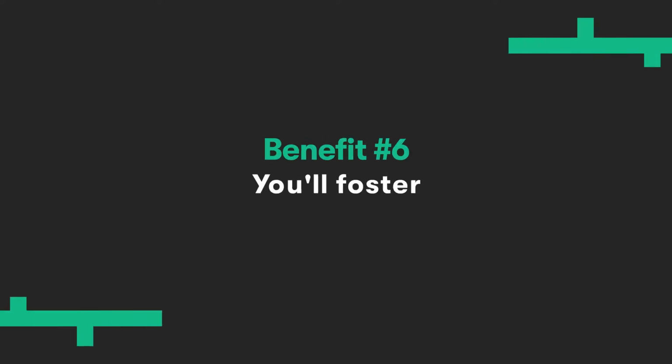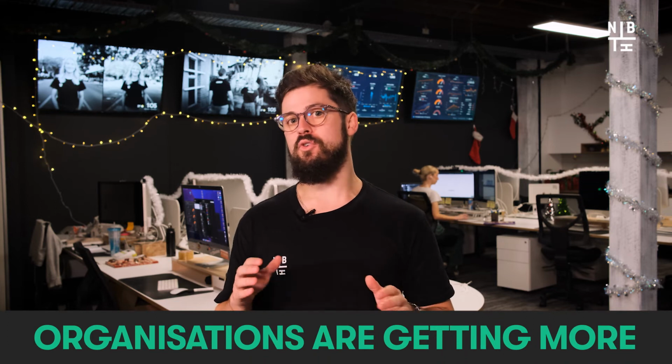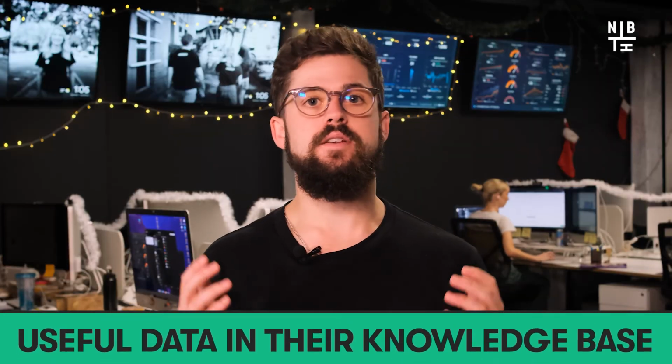Finally, and pretty importantly, you'll foster continual growth. There's no doubt that technology is advancing every day, and with that, predictive lead scoring technologies are just going to get better in functionality and accuracy as artificial intelligence improves. Even internally, organizations are getting more and more useful data in their knowledge base. So as time goes by, you can expect to see more efficient usage of predictive lead scoring in your business